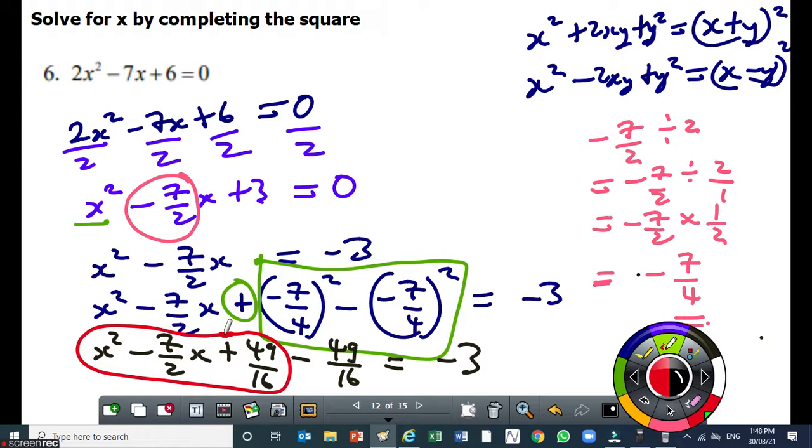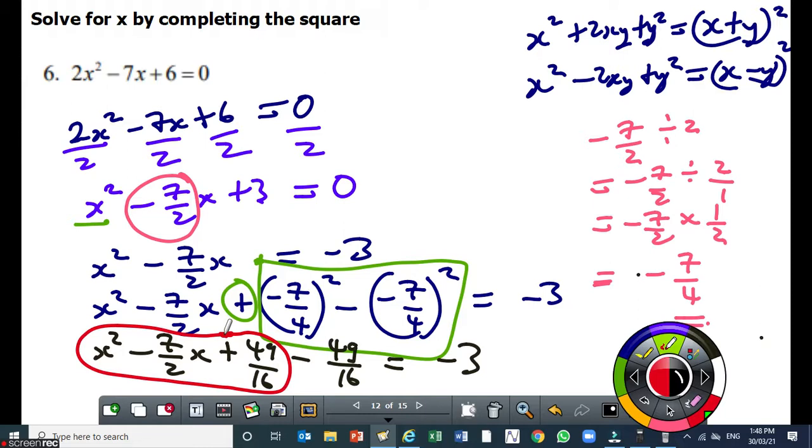Now, this is also called a quadratic polynomial. But it's a special type of a trinomial. It's called the perfect square trinomial, because when you factorize it, you get two identical binomial factors. Right, so the next step on the next page, I'm going to take the minus 49 over 16 to the